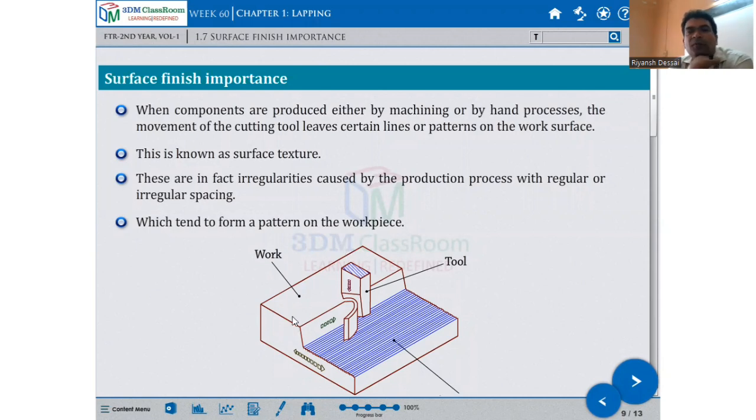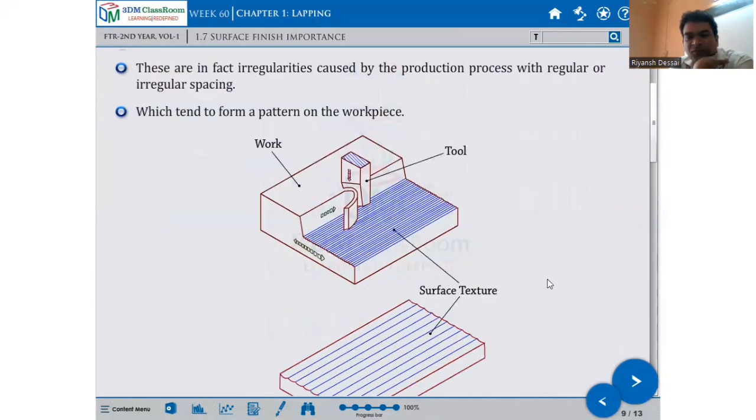See, let us look at a picture like this. This is a cutting tool. This type of cutting happens in the milling machine. Please look ahead. The milling machine cuts like this. This is the cutting tool, this is your job, and now these chips are coming. Okay, it cuts. So every cutting stroke leaves a cut, this pattern. This pattern is called surface